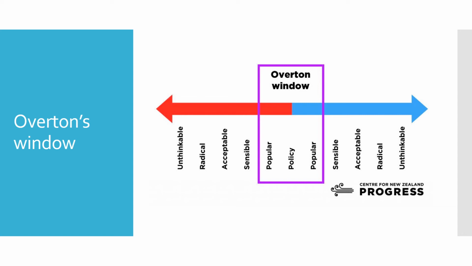Most of the time, when Overton's window shifts or moves, it is because of mass media. It is usually the mass media, more often than not ideological mass media, that will shift definition and that will shift concept and coverage in order to have some elements that were considered to be unacceptable not so long ago, radically become sensible, popular, and therefore policy. The idea of Fox News, for example, is an incredibly good example of how Overton's window can be shifted by mass media. When you consider, for example,